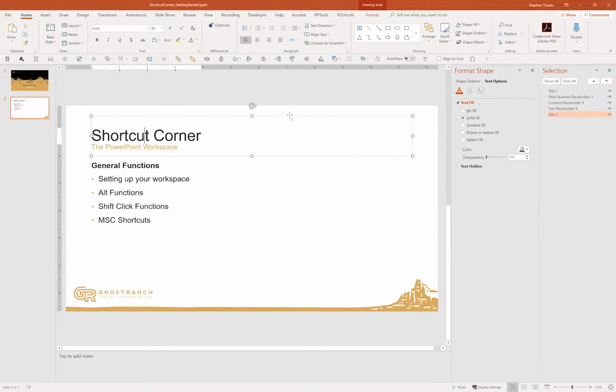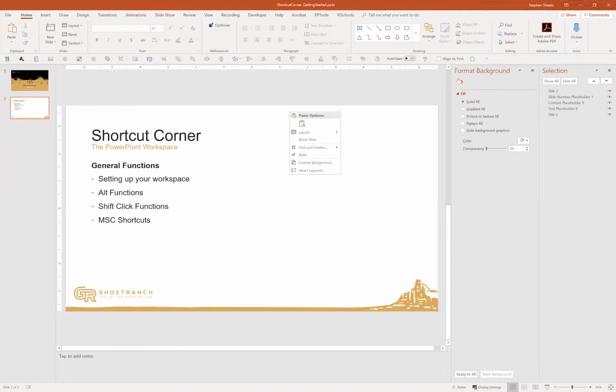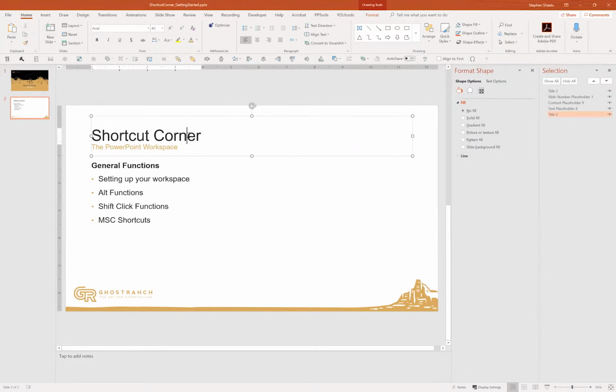We got a look at it, which is going to bring me to my first type of shortcut. You'll see here that some of these letters have underlines on them, like L on Layout, R on Reset Slide, I on Grids and Guides, R again on Ruler. You can tap those keys and it'll navigate through there. Like say I wanted to open up my format pane,